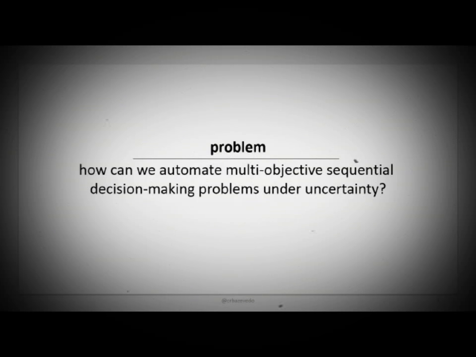And by uncertainty, I mean actually two things. First, I mean that the objective functions or the performance criteria that you have may be stochastic or subject to noise. And second, I mean that we may have some missing preferences. So I may not know how to rank a given candidate decision based on the set of performance criteria. I may not have defined my preferences a priori, so I may be uncertain about my own set of preferences. So this is the setting that we will work in here.